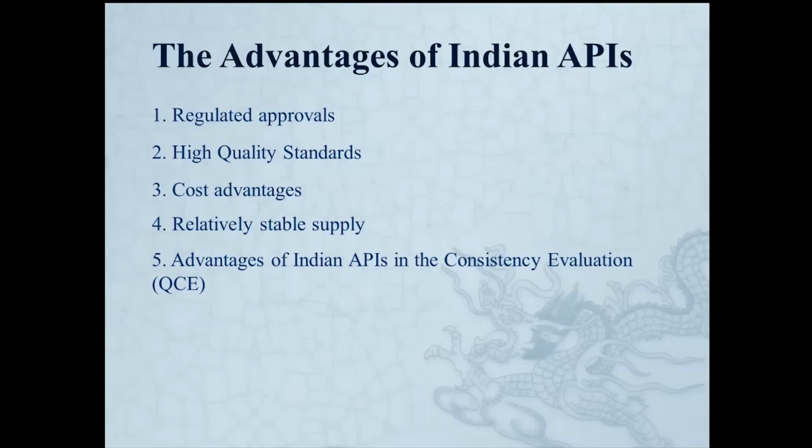At present, there are more than 500 Indian pharmaceutical companies having FDA approvals with more than 2,600 products. Approximately 900 FDA approved drugs and APIs can be exported to the US, and they also have CEPs in the EU. So what we can say is the Indian manufacturers have a very good, solid foundation of approvals to do